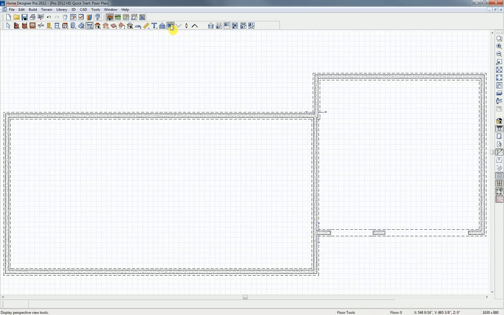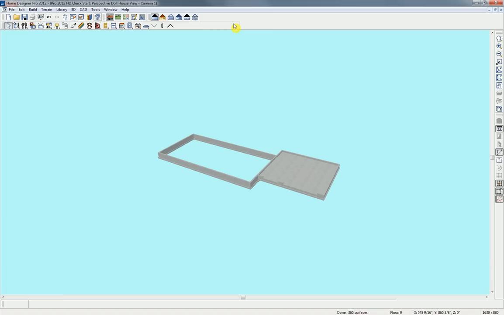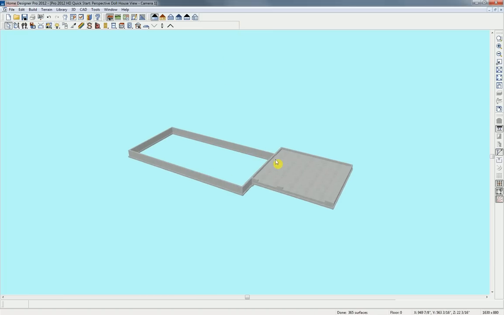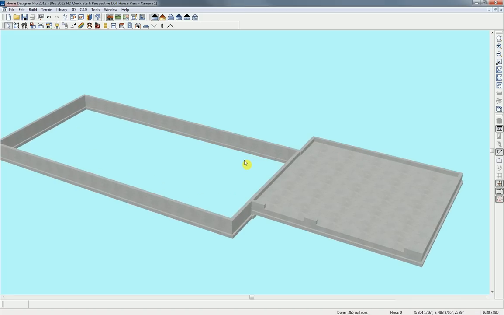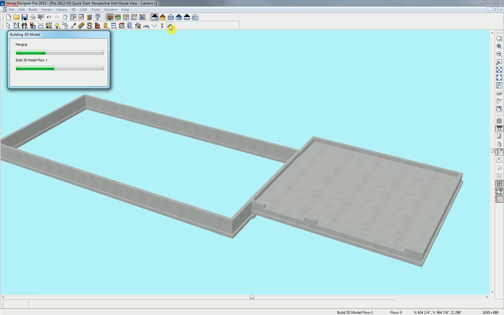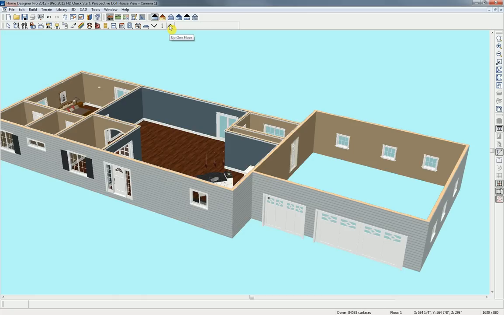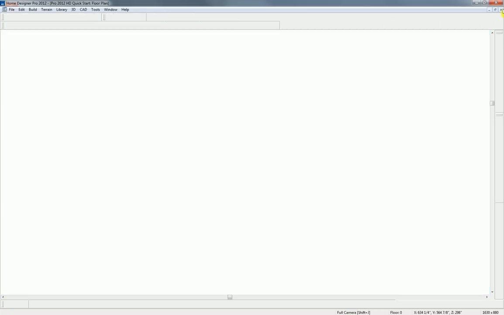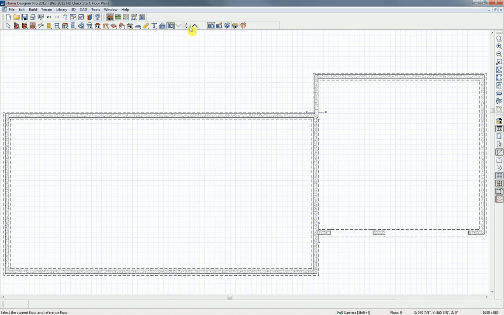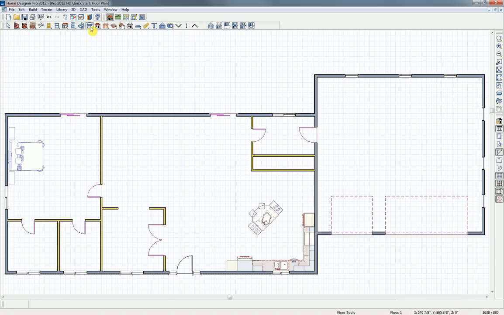Let's go ahead and look at this in a 3D view. You can see the slab that we have for our garage and our footings for the rest of the house. You can go up and down between floors by selecting the arrows in both a 2D and a 3D view. We'll go ahead and get out of here, and we'll go up to our first floor, and let's build a